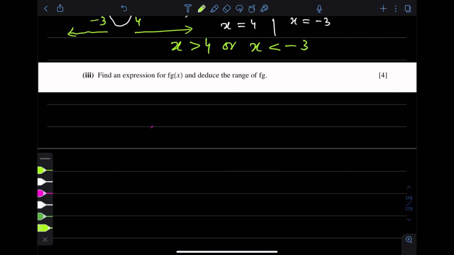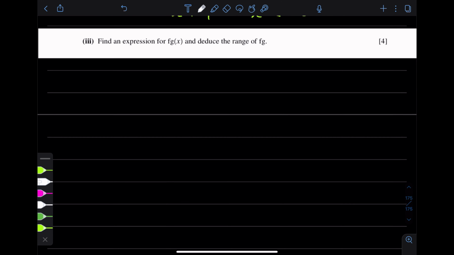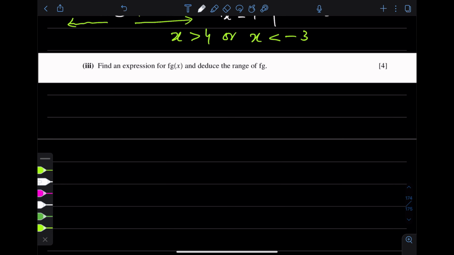Now the next part of this question is find an expression for fg(x) and reduce the range of g. First we have to find the composition of two functions f and g. fg(x). f and g both are given. We have to find fg(x). Now putting the value of g(x) here,